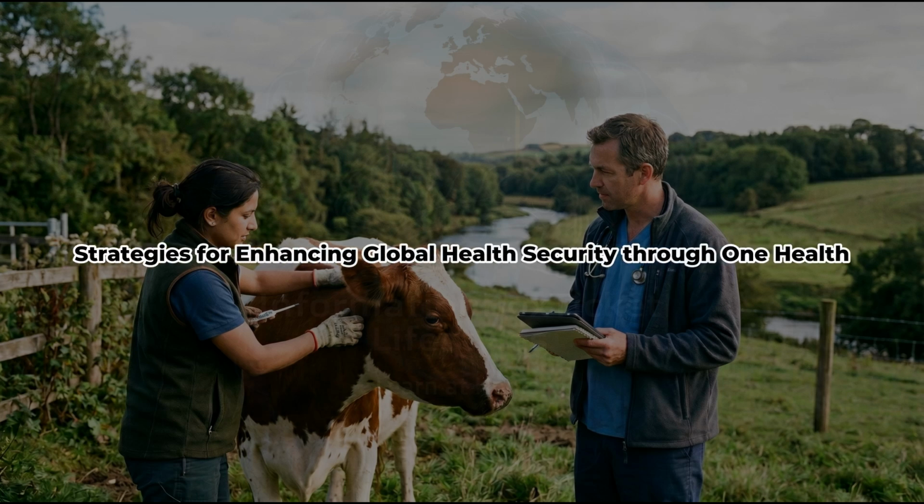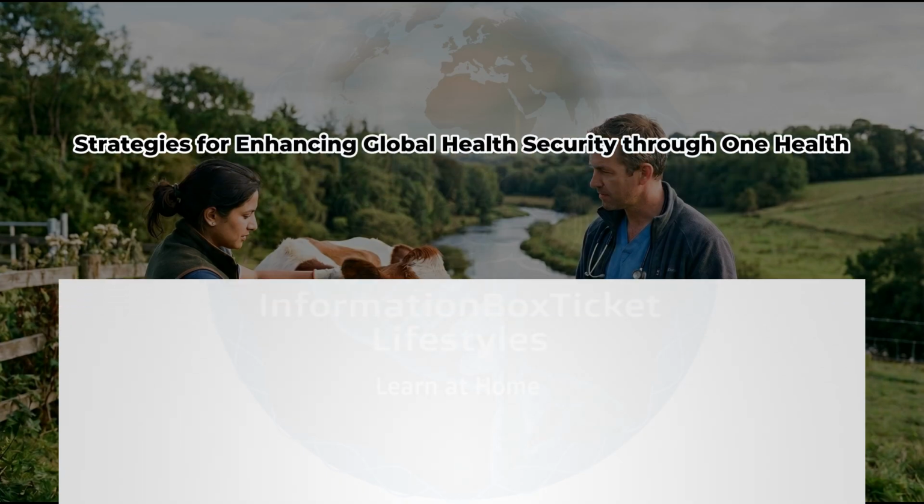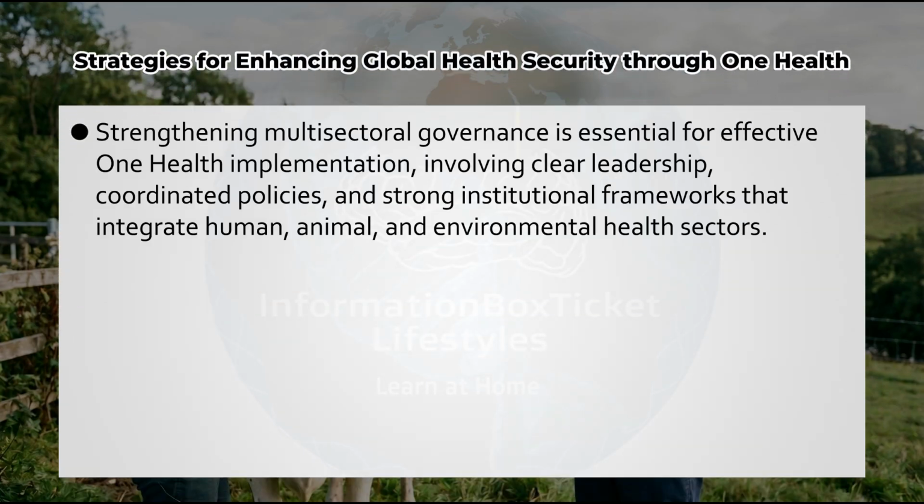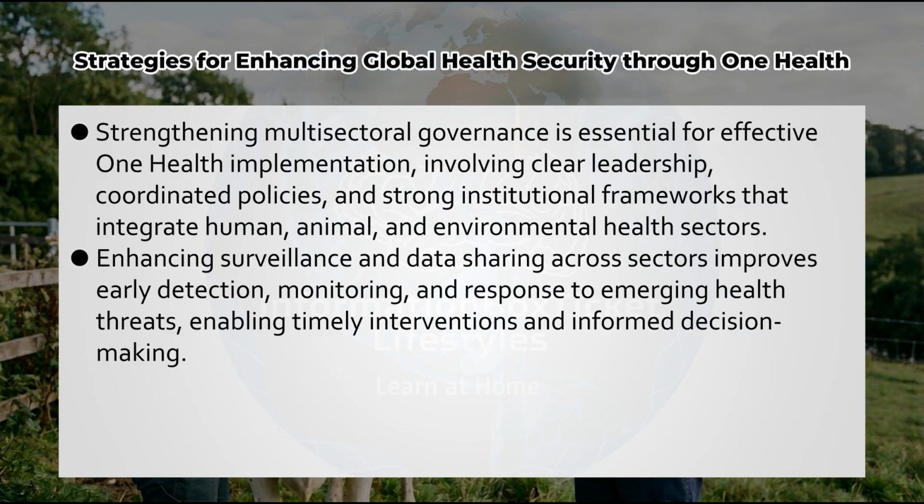Strategies for enhancing global health security through One Health. Strengthening multisectoral governance is essential for effective One Health implementation, involving clear leadership, coordinated policies, and strong institutional frameworks that integrate human, animal, and environmental health sectors. Enhancing surveillance and data sharing across sectors improves early detection, monitoring, and response to emerging health threats, enabling timely interventions